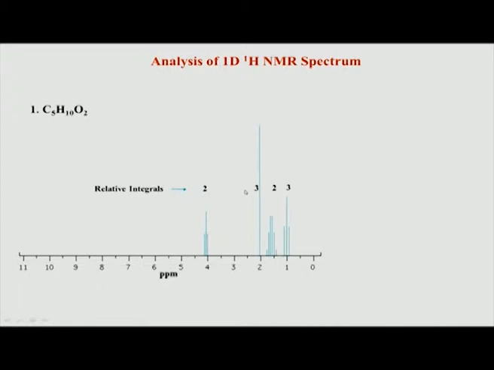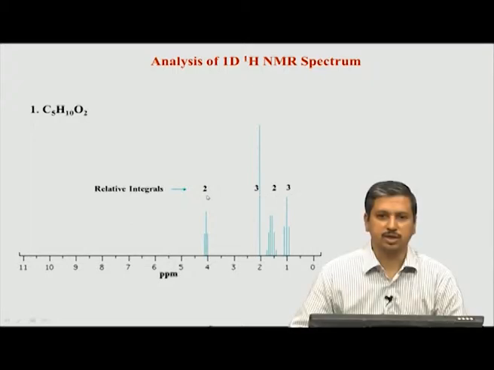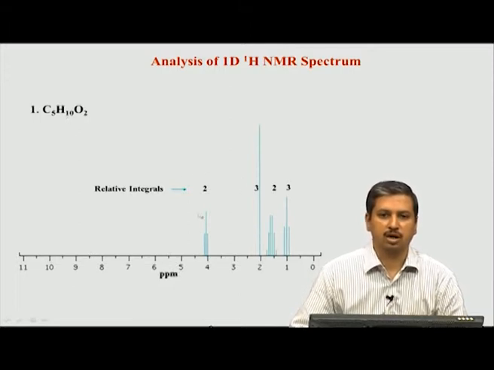And the next thing is to look at the J coupling. You can see in the J coupling we are having a triplet here. This is basically a sextet, that is there are 6 peaks, and this is a singlet, and this is a triplet again. And if you count the number of hydrogens, this is the integral. The relative integration is shown here, so you can see that is 2 plus 3 is 5, plus 2 is 7, plus 3 is 10, which is exactly the number which is here. So, everything is matching well, the number of protons which we have corresponds to the number of protons in the molecule and also the number of types of hydrogen is now 4.